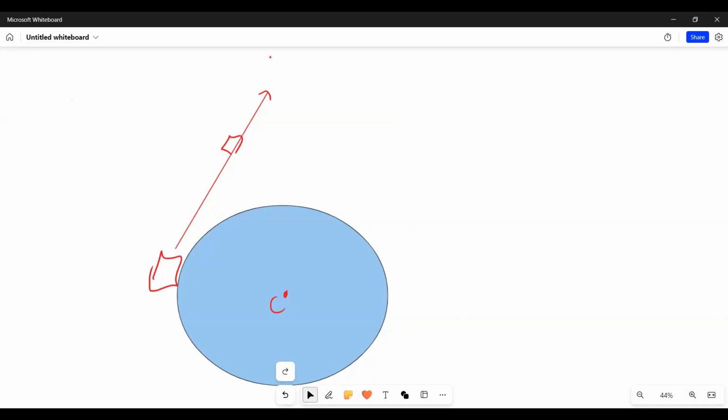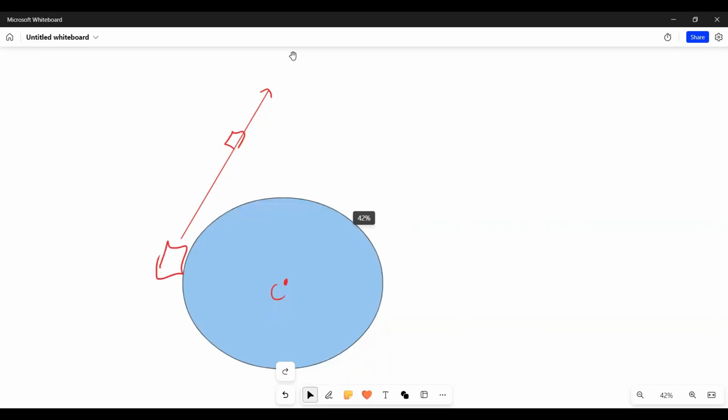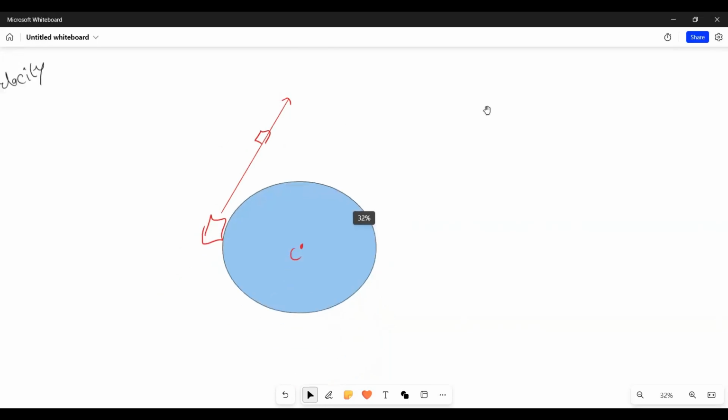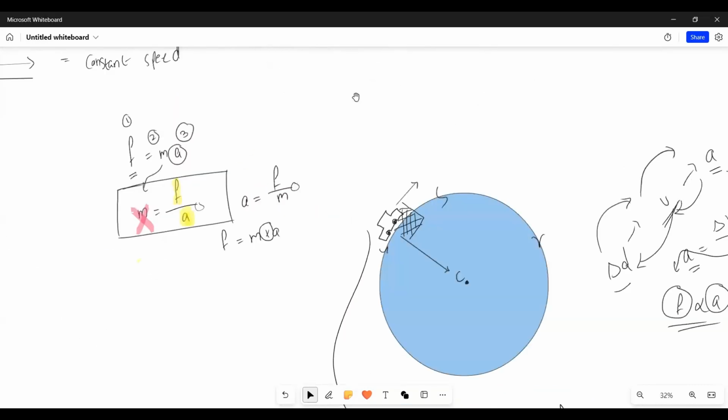So the car can exit the path. The object can continue in a straight line so that there's no change in direction, because the change in direction provides the friction between the car's tires and the track, so there is no acceleration to produce the centripetal force. So once the object is not in a tangent to the circular path, the object can exit the path. Here I used Newton's second law and Newton's first law. Let's go back and look at the second law again.